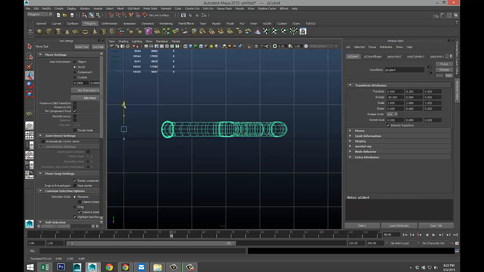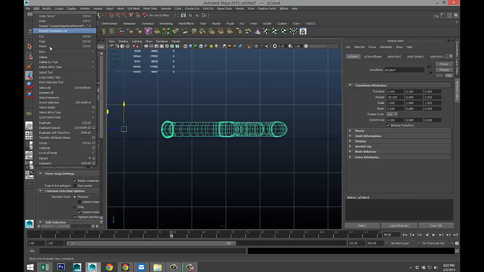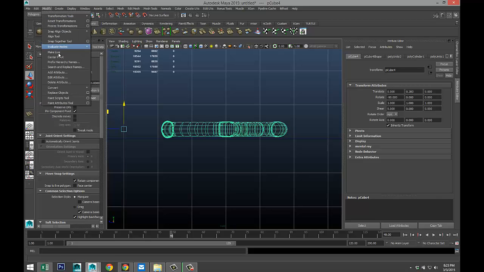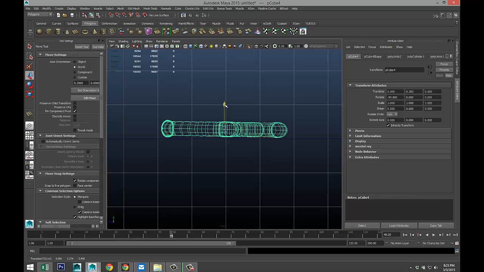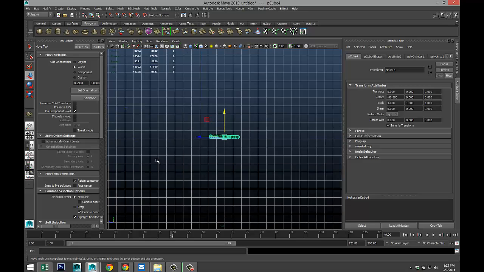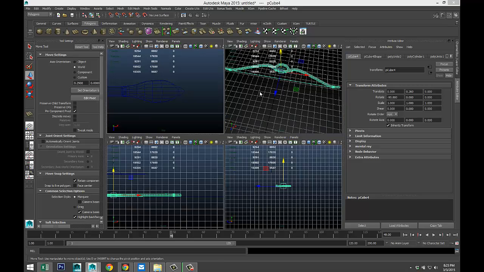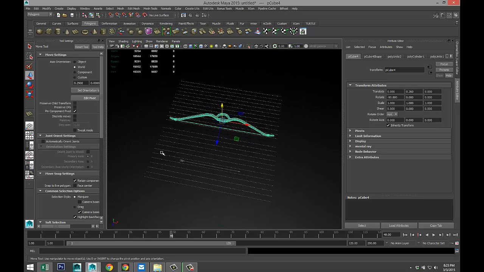And as you can see, we need to just slightly rotate it. So go to Edit, modify center pivot. We're going to hit E and rotate that just a little. Hit W and bring that in. There we go.